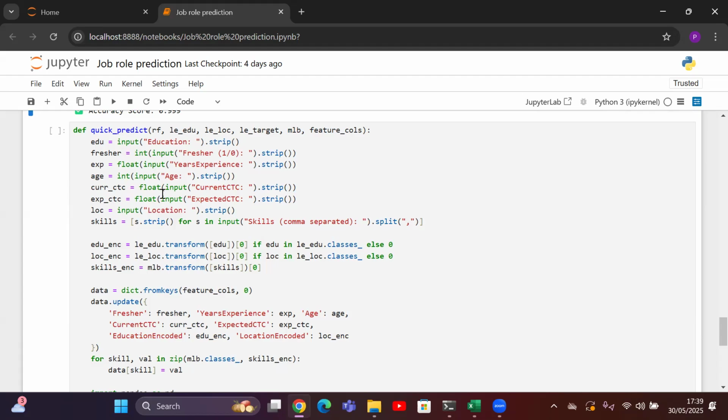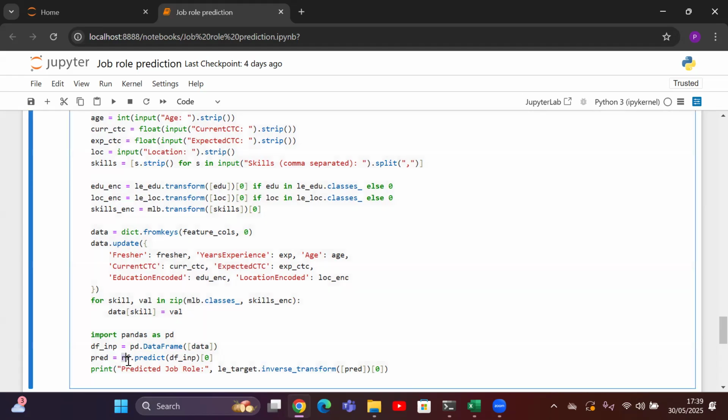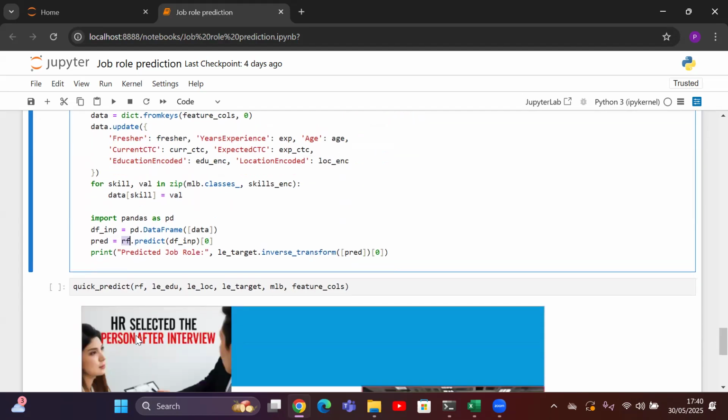And we need to use the multi-label binarizer to convert the list of skill column into binary features of 0 and 1. After converting this into numerical, we are going to build a data row and predict the job role using a trained model which is available. What is our trained model? A random forest which is already trained. And then print the predicted role. Basically, it turns the answers into machine readable data and tells you the most likely job role.